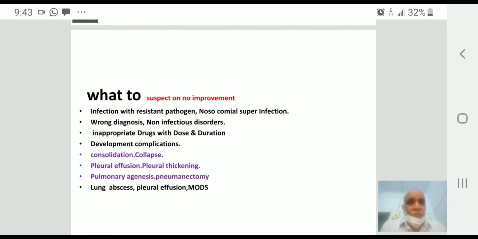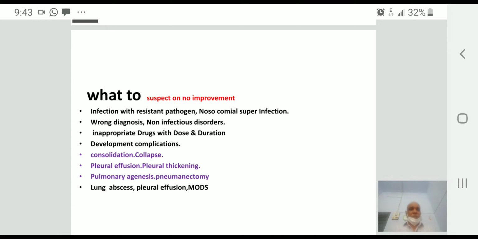Given medication is not effective, it means the organism is resistant to the given medication, or the patient has developed a superinfection at the admission site. Our diagnosis may be wrong, or it may be non-infectious, such as a rheumatoid arthritis nodule, post-operative infection,